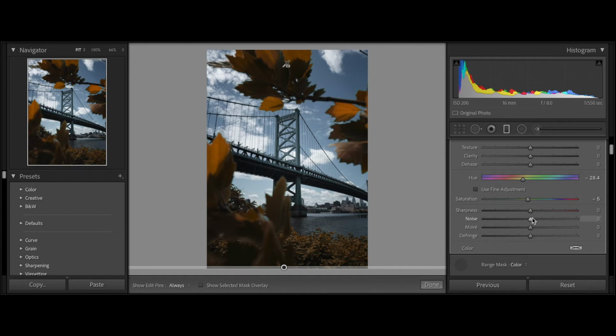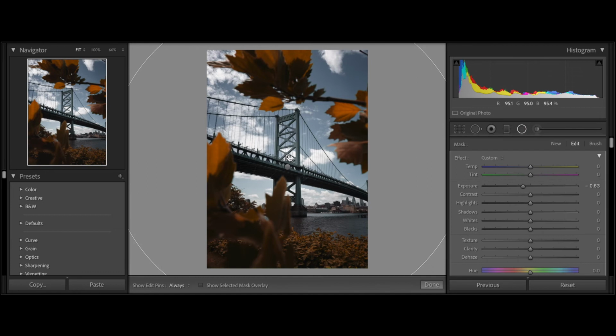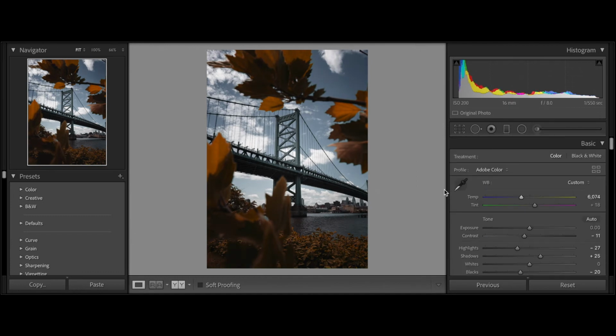and then all I'm going to do is go up to the temperature tab, warm it up a little bit, and then take my vignette, adjust it a little darker, and that's it. Alright, and there you have it. Now you can basically take any photo and turn it